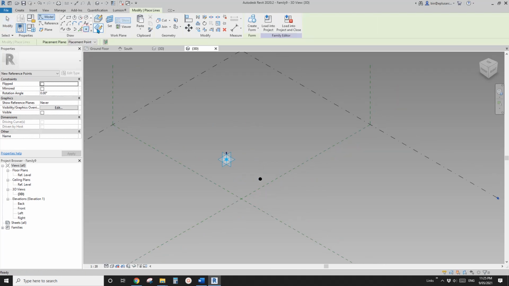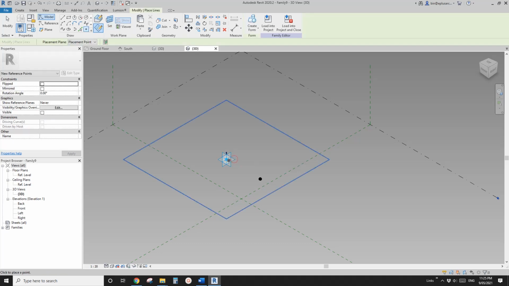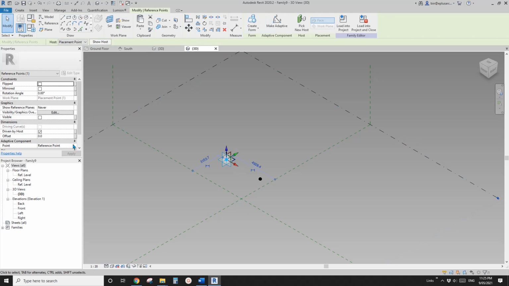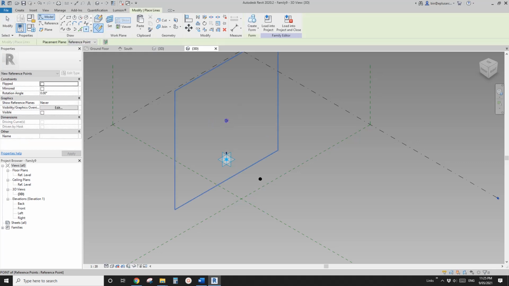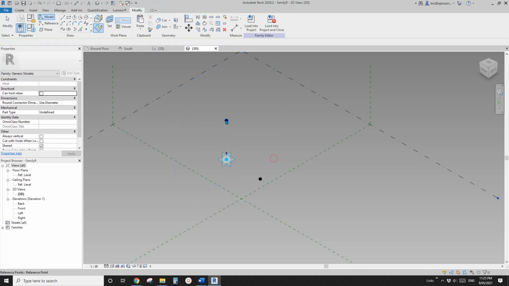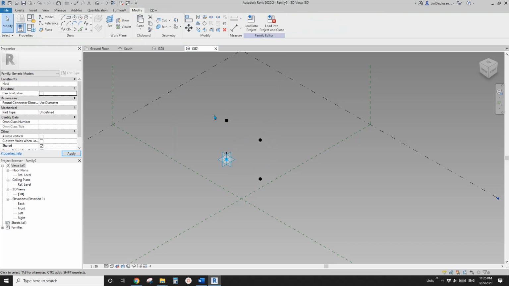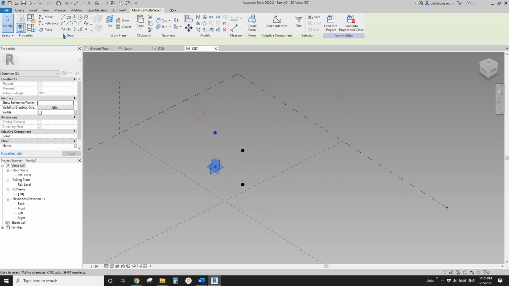So once again, point, draw work plane, set work plane, this time pick the horizontal work plane, place it on the point, and offset it by 4 meters. So now, once again, pick the vertical work plane, place the point, and offset it by 4 meters. So now this is the shape of the box, and we can create a spline,